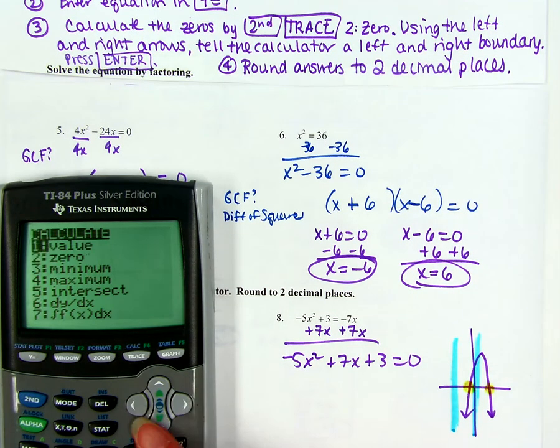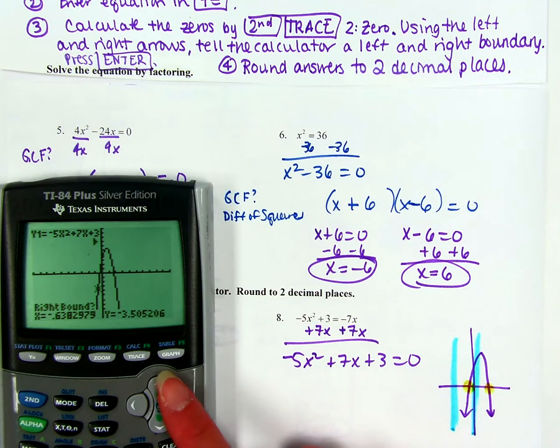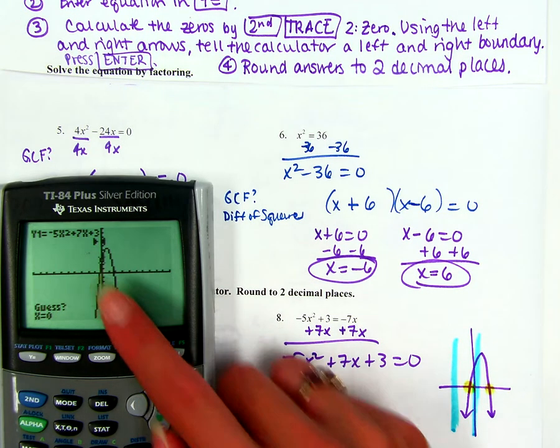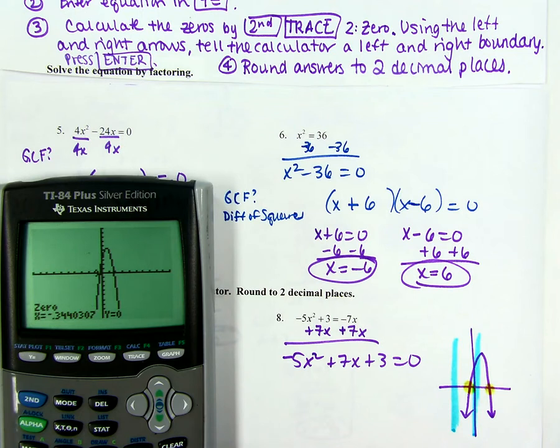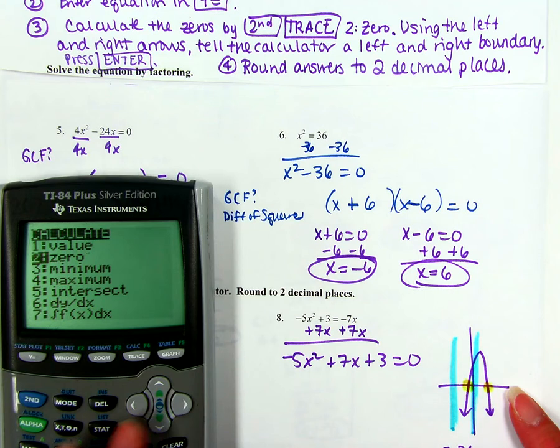So hit second trace, and we want to calculate the 0. So I'm going to move a little to the left of that point. See, there's my arrow there. Move a little to the right. So if you look at your two arrows, that x-intercept is in between there. So one solution is negative 0.34, and the other one, I'm going to hit second trace and my 0,